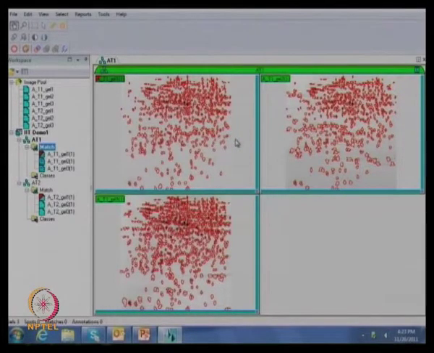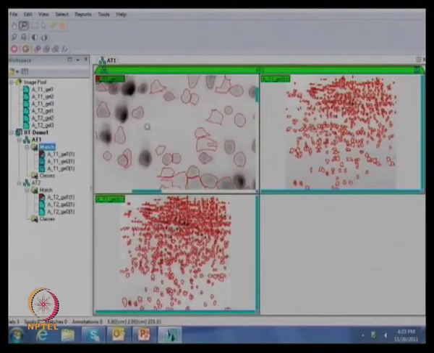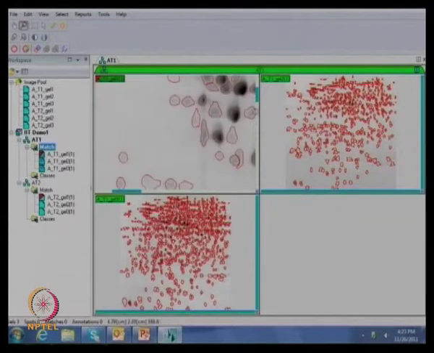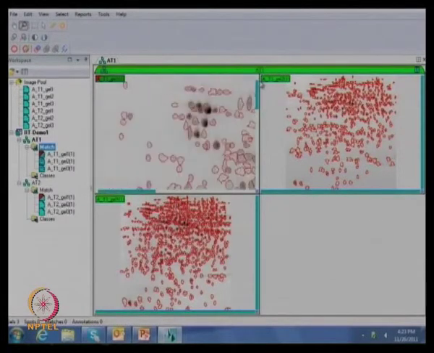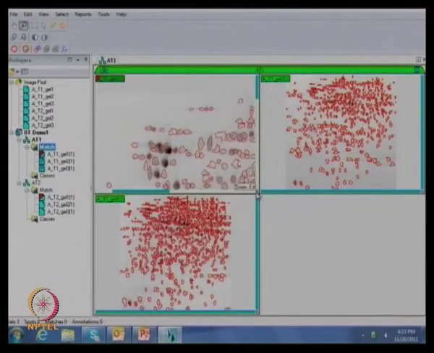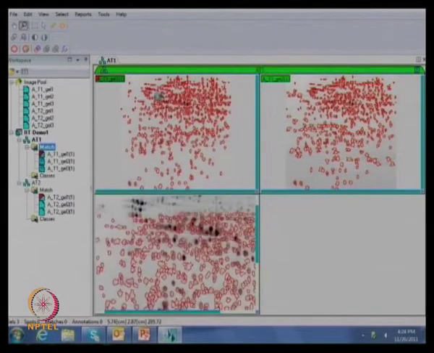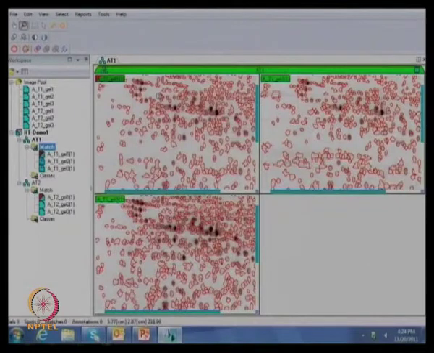Otherwise, we should zoom in on a region and see. Yes, exactly, I'm going to do the same. Now you can zoom into this particular region. See how these spots are bounded, as well as how the detection is. Can we apply the same zoom parameter for all the 3 gels? Yes, definitely. First come back to original. Now again let's select one region and then apply that for all the gels. No need, you just select the same region.